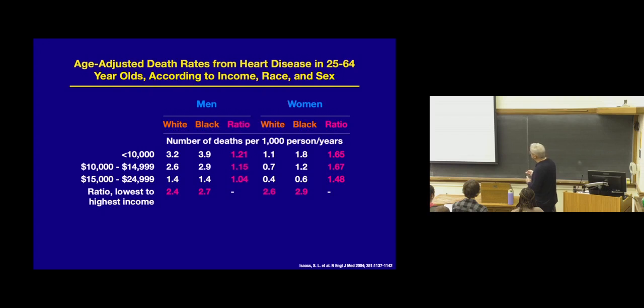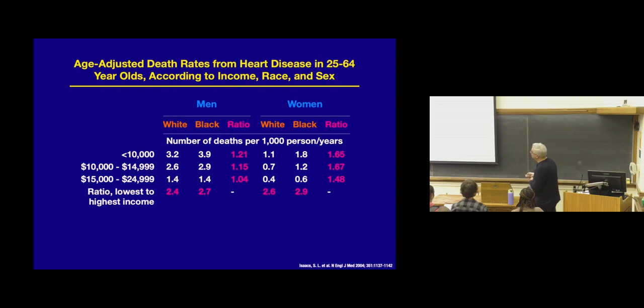And you can compute the ratios among women, and you might see that for women, it's more burdensome to be a black woman than a white woman, conditional on income in terms of the ratios. Like these ratios are higher than these ratios. Or you can compare by wealth, and you can look at, for example, the ratio of the lowest to the highest income. So if you compare 3.2 divided by 1.4, you get a ratio of 2.4, or 3.9 divided by 1.4, you get a ratio of 2.7, and you now can compare, okay, what's the relative impact, conditional on race